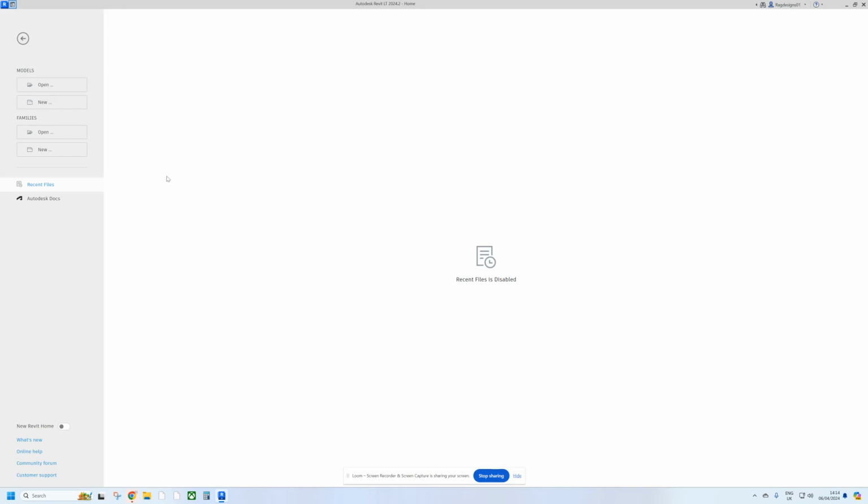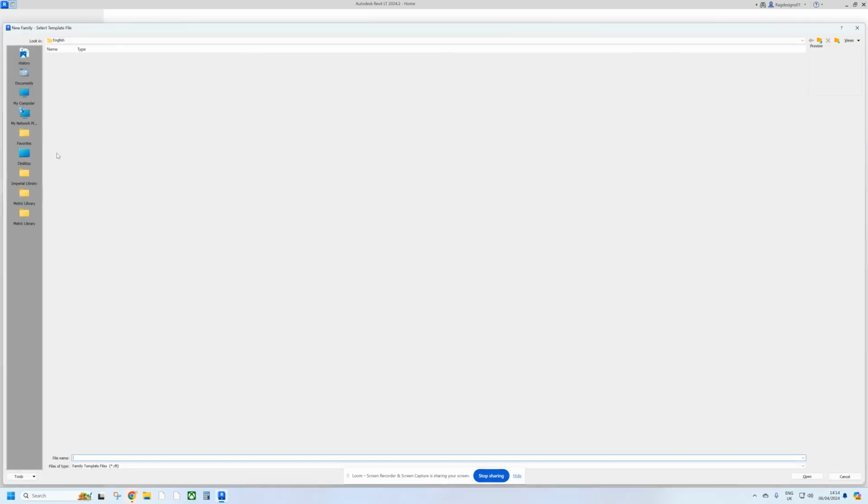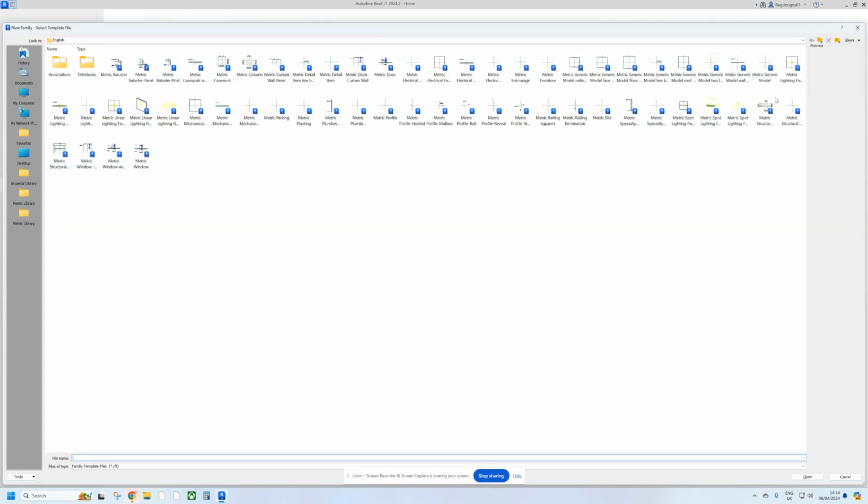So if you go into your Revit and go to the left hand side under families and click new, you should come up with a bunch of templates. Depending on what family you're creating, you can select a template and it will help you create that specific type of family. Today we're going to start with metric generic family. It'll be an imperial one if you're working in imperial measurement. So if you click onto that and click open,